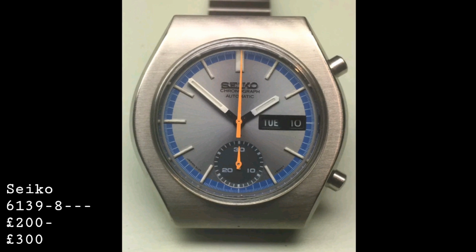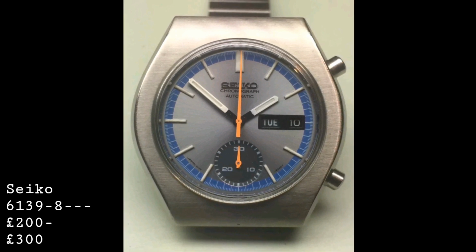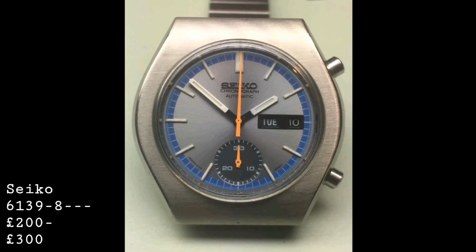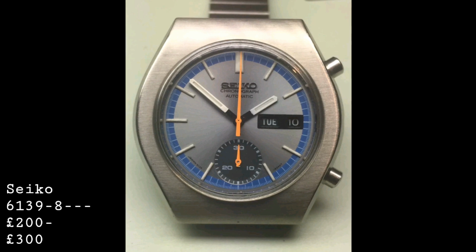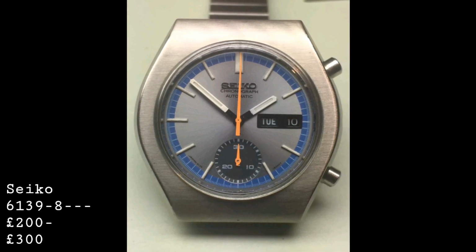Now, of course, the El Primero movement from Zenith was developed sooner, though this movement was released to the market earlier, and in my eyes therefore makes this the first of its type available. And of course the versions available are very varied, from the Pogue model, which has become very, very famous. It's the